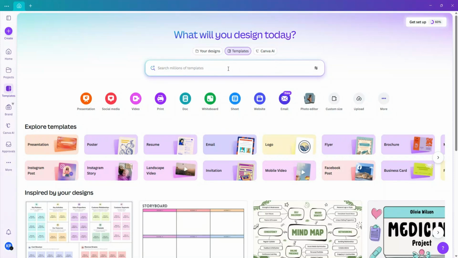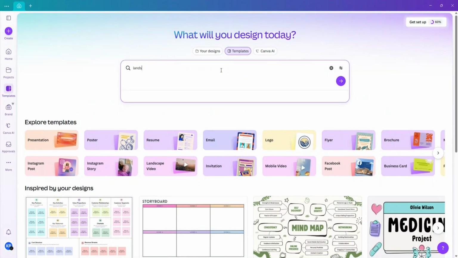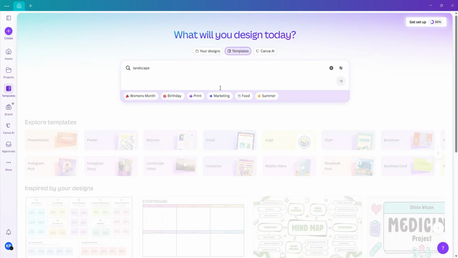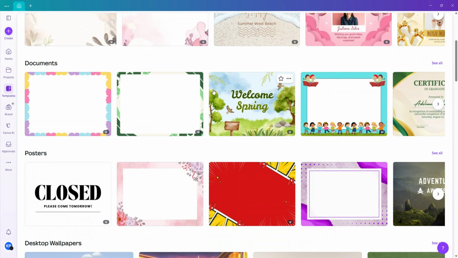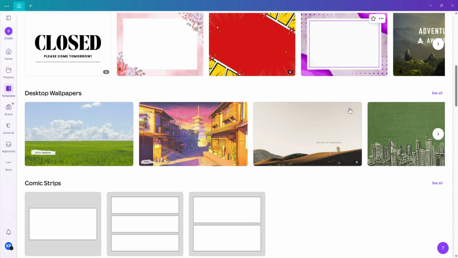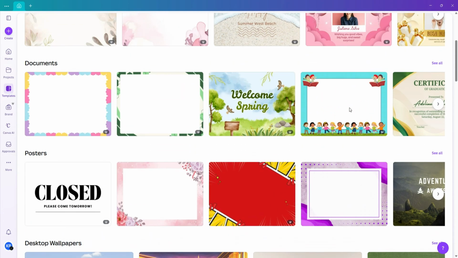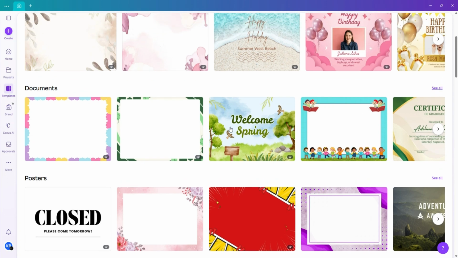In this video, I will be showing you how to create an org chart in Canva. Let's get started. I'll start on the home page and type landscape into the search bar to find a suitable format. I'll scroll down to the Documents section, click See All, and then select Create Blank to open a fresh